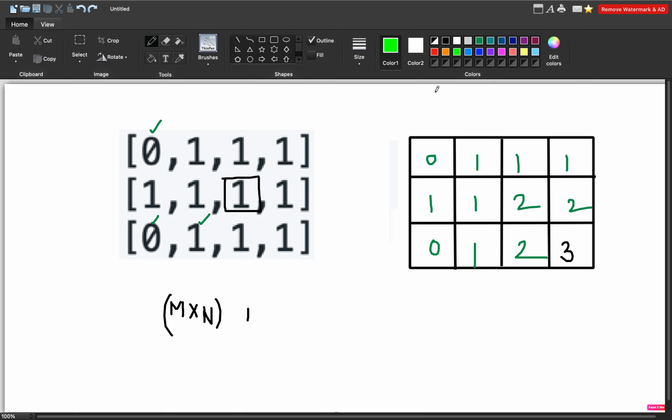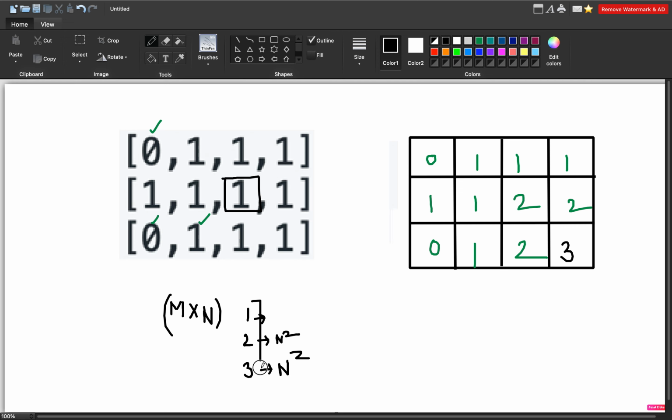So yes, you will have to do that. For size 2 also, in the worst case, the time complexity will be n square. Similarly, if the side of the square is 3, here also you have to check all the elements in that index, and it will also take n square.